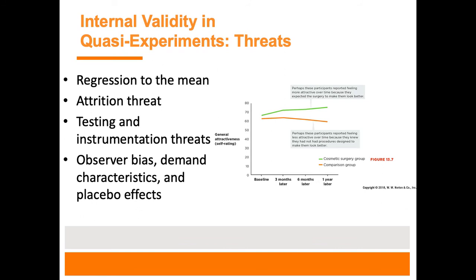Anyway, some other concepts apply, such as regression to the mean, which is the idea that people baseline or stabilize. We tend to maybe score in an extreme, high or low, but over time return to some sort of natural homeostatic level, right? So that may look like change, but it's really our stabilization, if you will. Attrition is important in these because people that drop out of quasi-studies may be special.